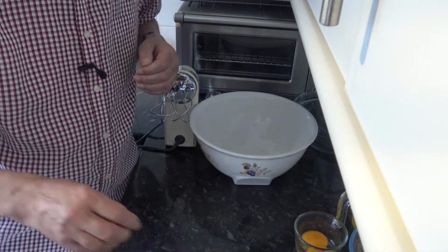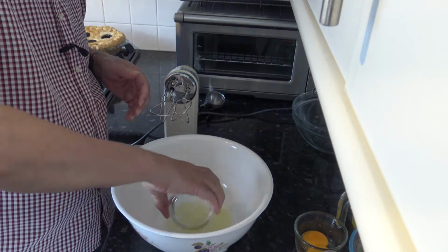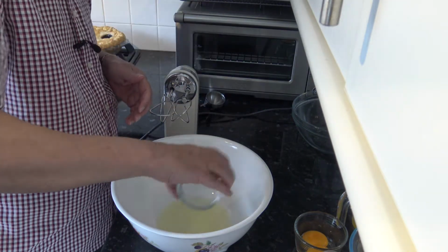I've preheated my oven to 190 Celsius, 170 Celsius with a fan, 325 Fahrenheit, and I've lined a muffin tin with paper cases. So the first thing I'm going to do is to whisk the egg whites to stiff peaks,